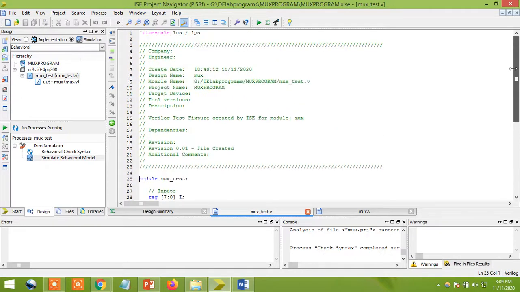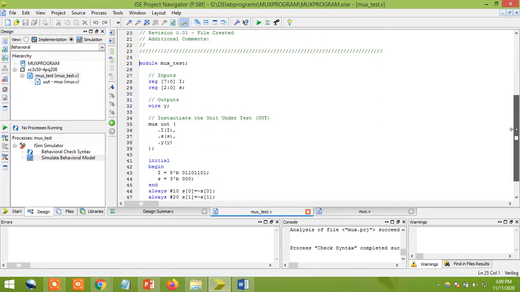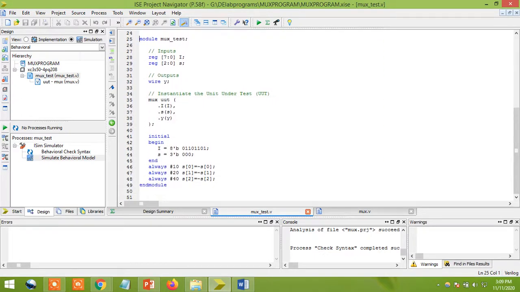Once you do this, these are all the values that will come. I wrote some program here, you can see. Between initial begin and end, I'm going to write some program. Just watch carefully. See, what is my intention? I'm going to consider my I as an 8-bit value. Carefully understand this program. Between initial and end module, I'm going to write this program.